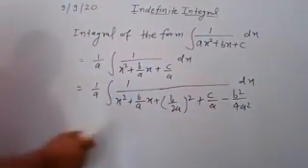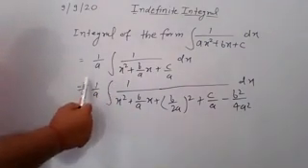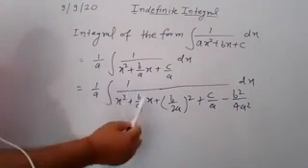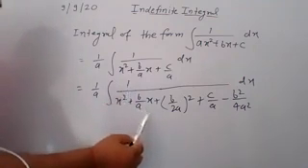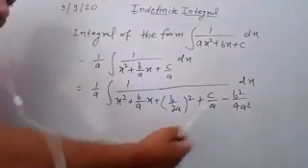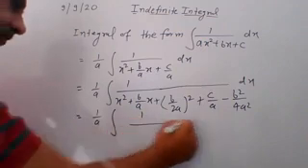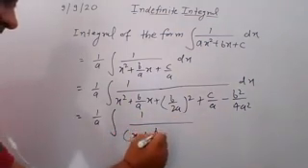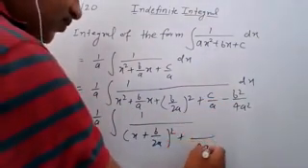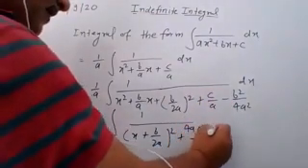Everyone getting this step? First of all, you take common the coefficient of x square. This is your first step. Then you try to make a perfect square of x. For that, you take half the coefficient of x, and the square of it is added here and subtracted. Now simplifying, you have 1 upon a, and here 1 upon x plus b by 2a whole square. And if you take the LCM here, you have 4a square, and this side you have 4ac minus b square.